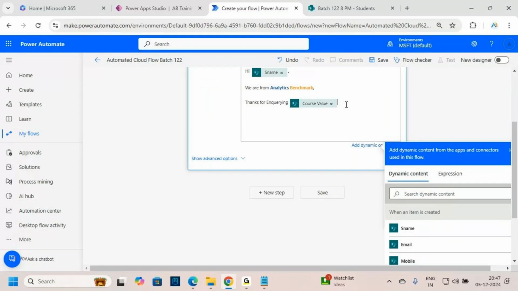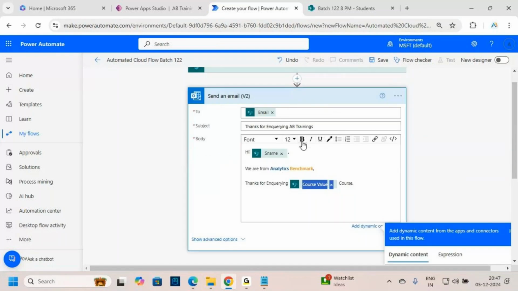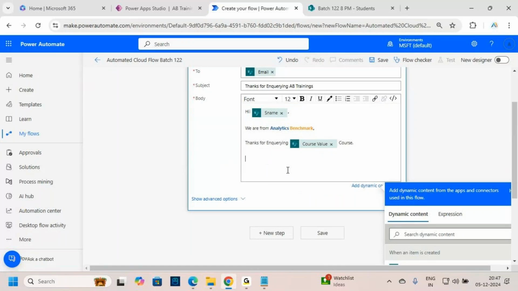Automatically, whichever student details you are entering, the student's course will be taken. Let's take the course name as Power Apps. Thanks for inquiring Power Apps course. Let me select the course and keep it in bold. Just keeping it here. We will update you